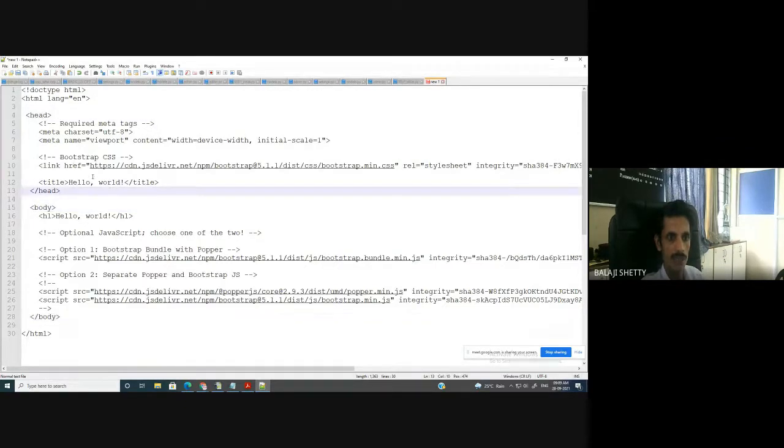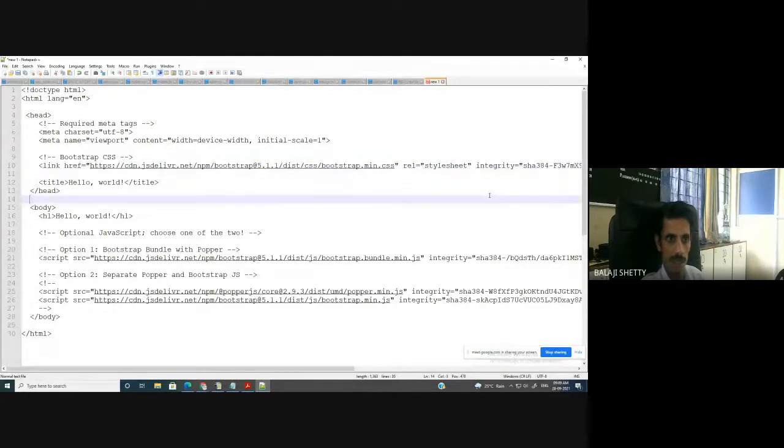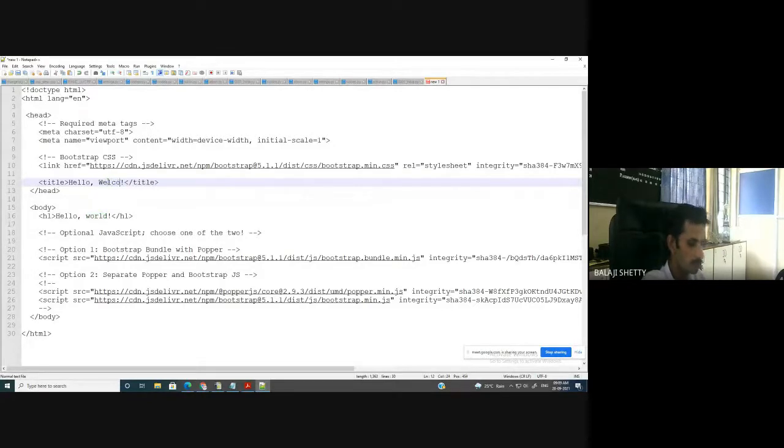And here, if you see, the Bootstrap CSS is there. So this is the Bootstrap CSS. And here, hello world, hello, welcome to the world of website development.